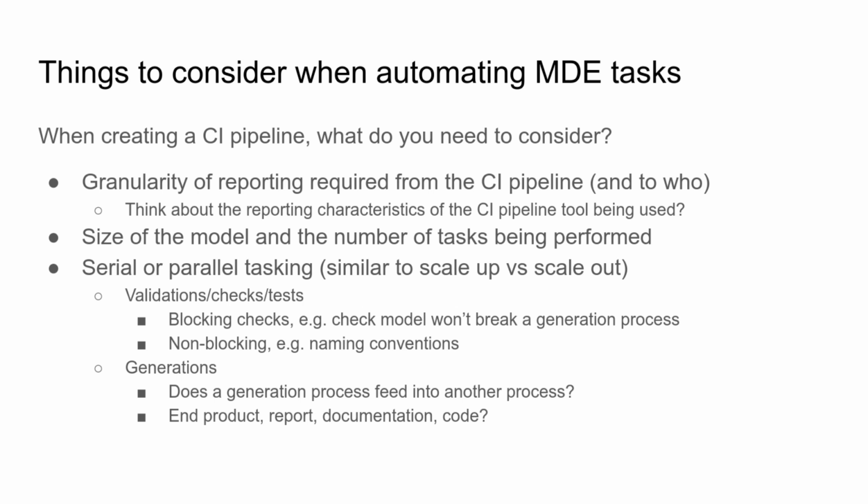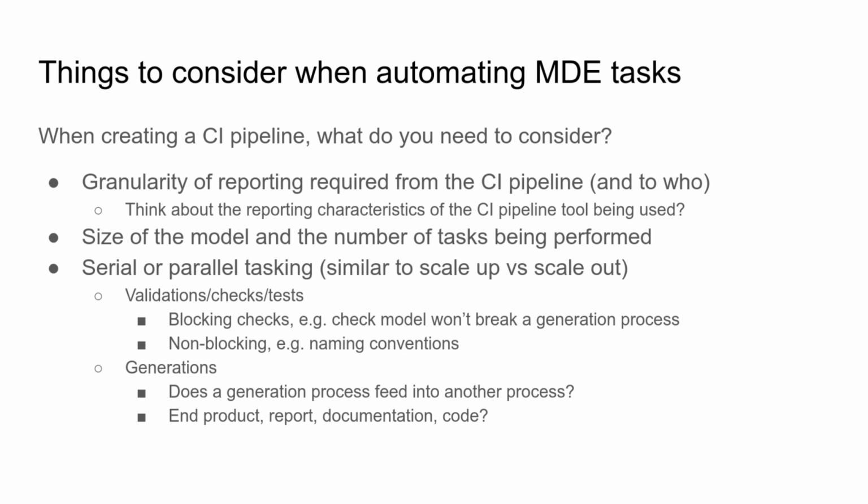The second thing to consider is the size of the model and the number of tasks being performed. It is possible to execute multiple jobs in a single stage in parallel. Therefore, it would be possible for us to run several validation processes in parallel, and only if all of those jobs have executed successfully would the stage complete and the following stage proceed. This makes it therefore possible for us to reduce the amount of time that it could take to validate a